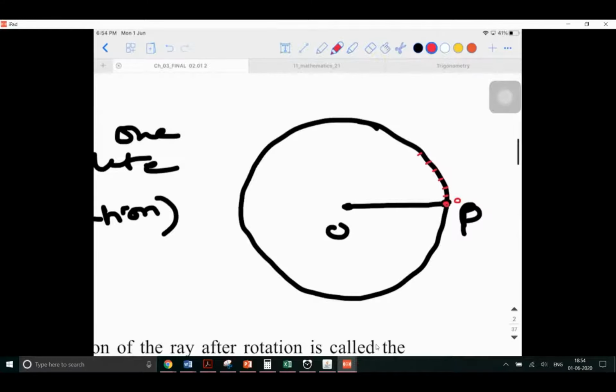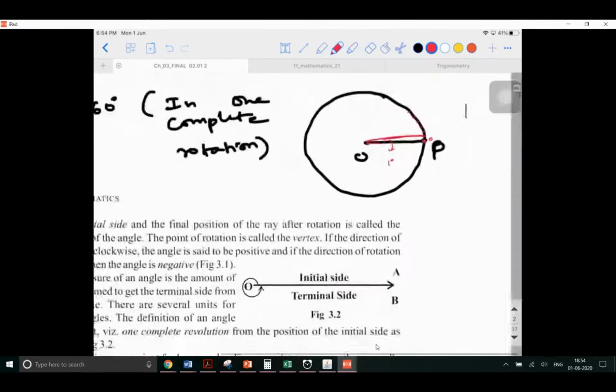360 degrees, if that is a way of design. Then can I say this, if I join the base to the first most line, then can I call this as how much degrees? 1 degree. It is going to be 1 degree. So to obtain this 1 degree, how many rotations did you make? You made 1 by 360th of a part. That is how the definition goes.